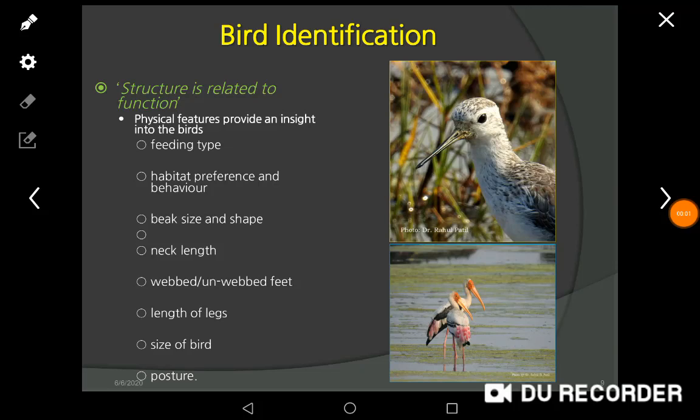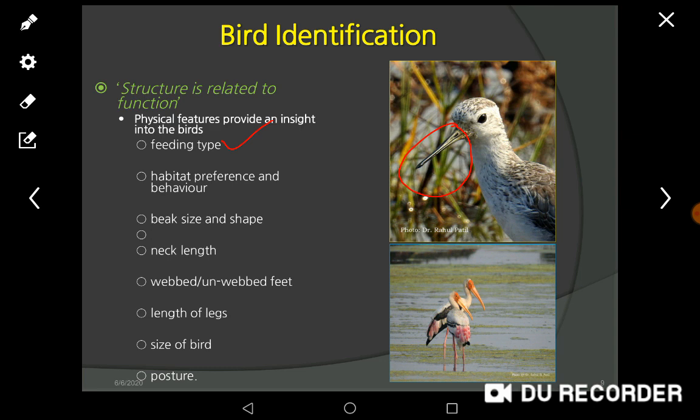Bird identification also has another concept: remembering some body structures of these birds, like physical features, especially the beak, a long one, a short one, whether it is a blunt one or a hooked one. According to their feeding habit, they have developed their beak. By remembering these structures, you can also identify birds. So according to feeding type, the beak is there.